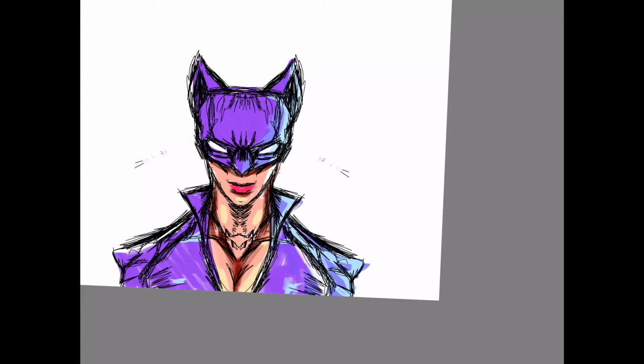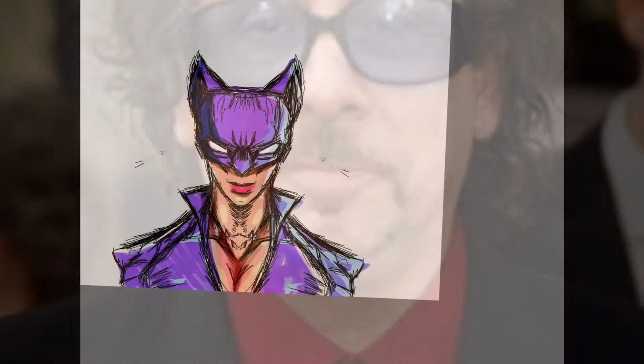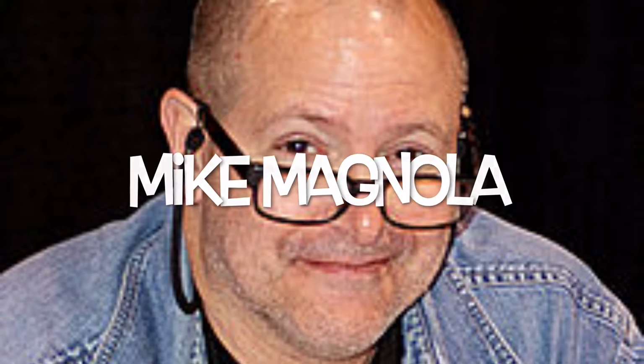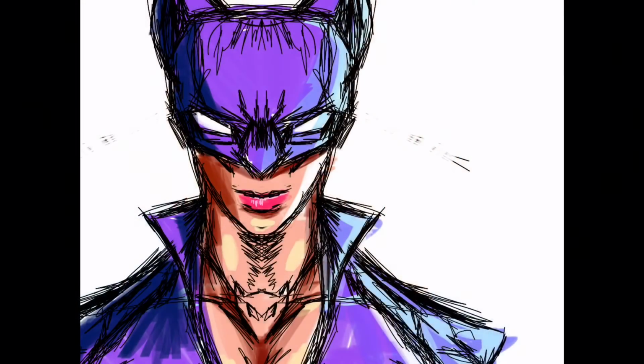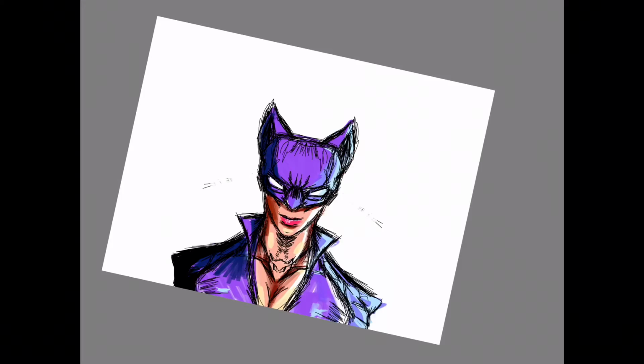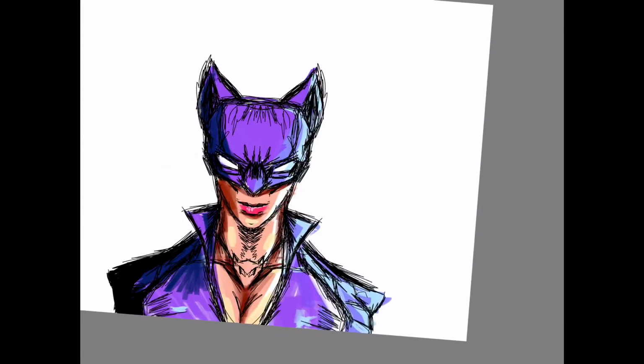Who influenced my art? I grew up watching Tim Burton movies. I like his artworks, but for this artwork specifically, I was inspired by the works of Mike Mignola. I don't know how his name is actually pronounced. I hope I'm not butchering it. He's the creator behind the Hellboy comic. That's what I know him for.